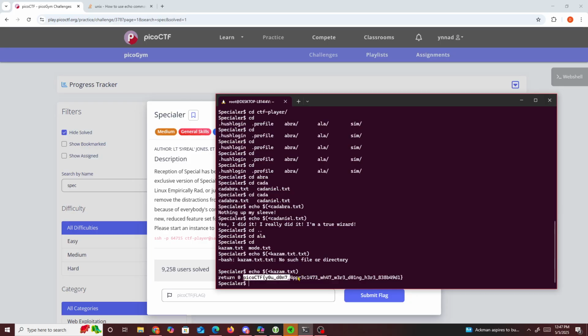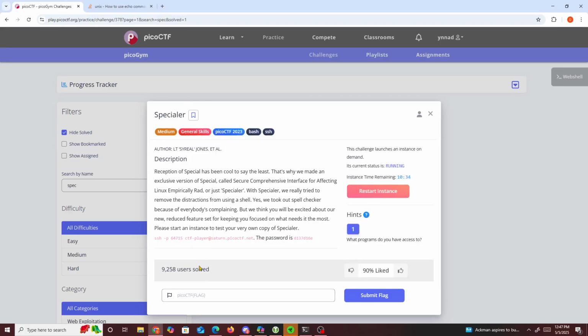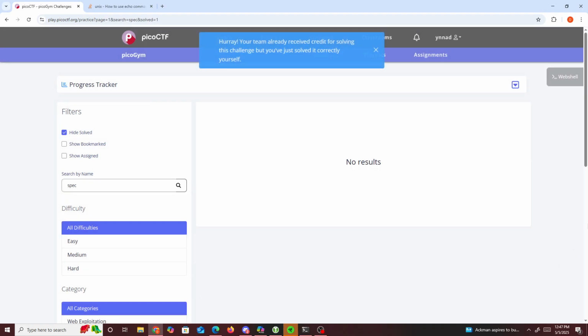picoCTF, you don't appreciate what you were doing here. So we just copy this and put it right here, and that should solve the problem for us. We press enter, and we do. So yeah,